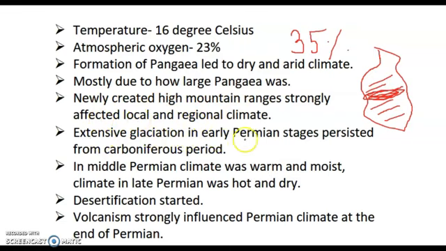Extensive glaciation in the early Permian stages persisted from the Carboniferous period. So when I'm talking about the arid and warm climate, it doesn't mean that the Permian period throughout had an arid or warm climate. As you know, in the Carboniferous period, the glaciation was there in the southern hemisphere. In the early Permian, the glaciation was still there, it persisted from the Carboniferous period, but in the middle Permian, the glaciation became very low. In the middle Permian, the climate was warm and moist, but in the late Permian, it was hot and dry. So you have to remember this. Desertification started because of the huge landmass,